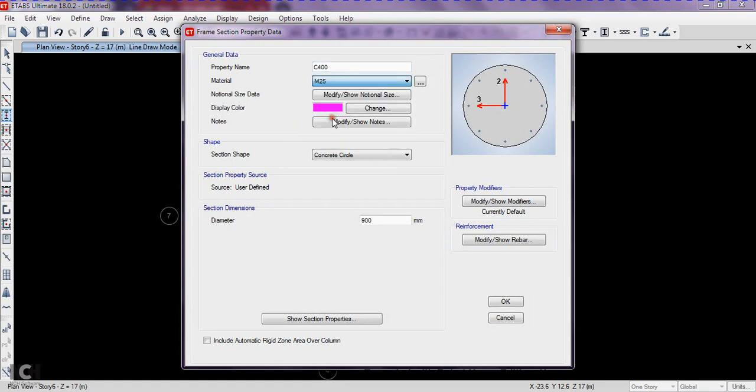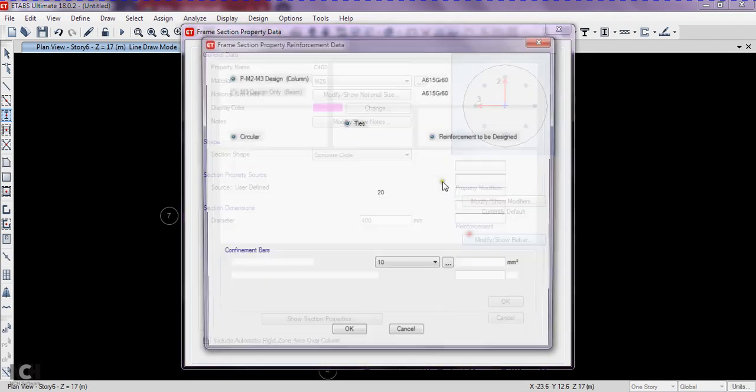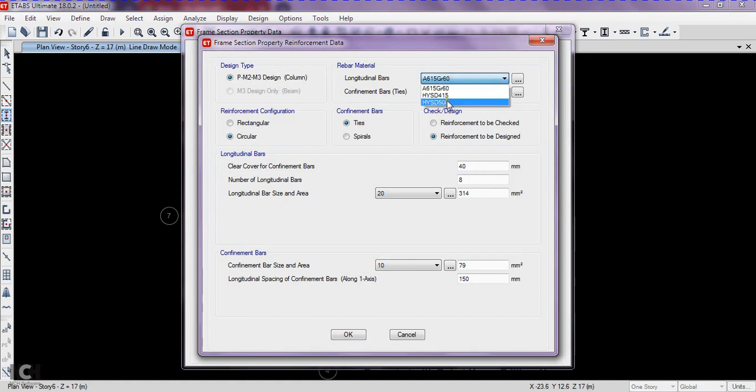Material is M25. Diameter is 400. For reinforcement, the longitudinal bar is 500 grade, and ties are 415. Let it be, or you can take say 12 bars. This is 8 mm spaced at 180 mm.